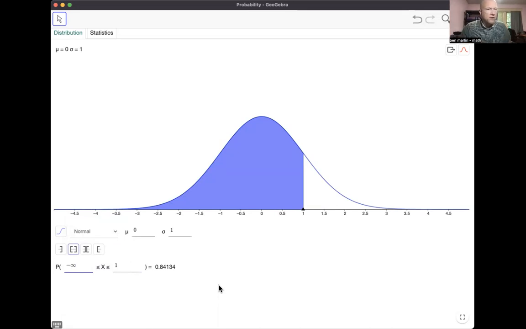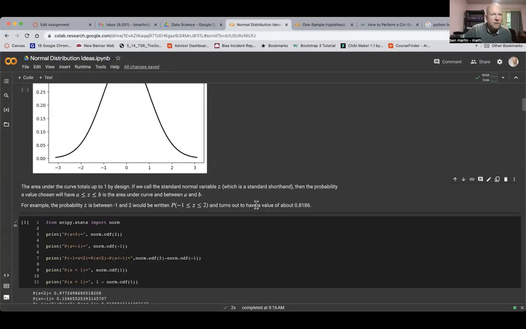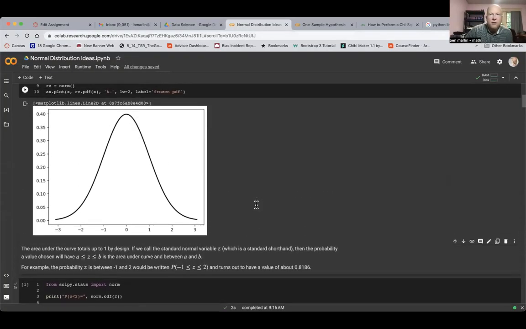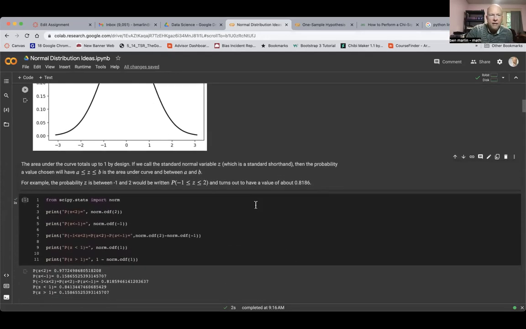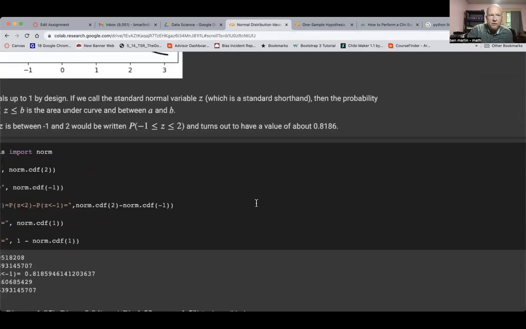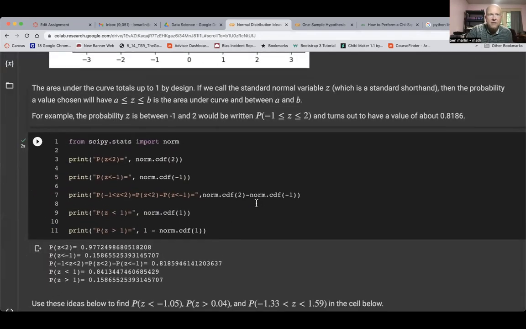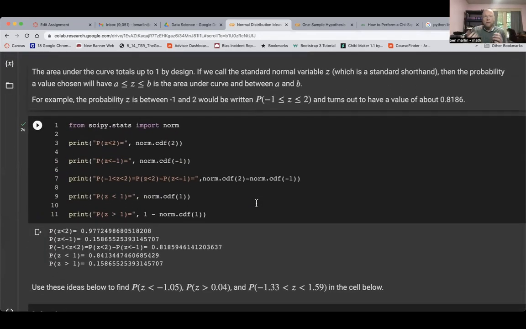So we're going to take a look at using that CDF to calculate some things in the actual notebook that you're looking at today. So share screen again and go to Google Chrome. All right. So here we earlier were talking about the normal distribution, and then I will zoom in so that you can read this.